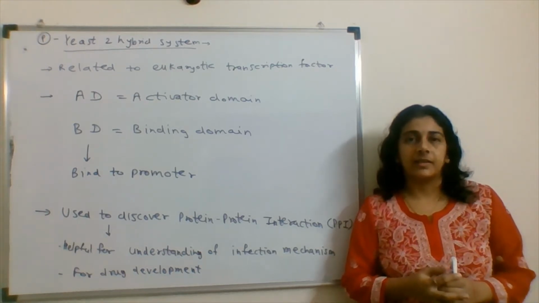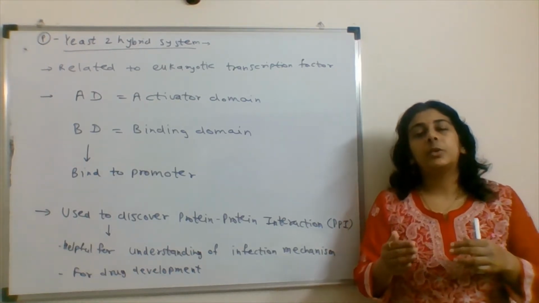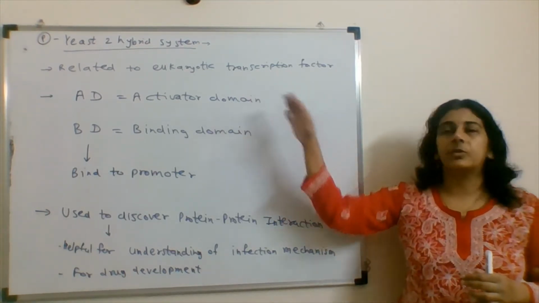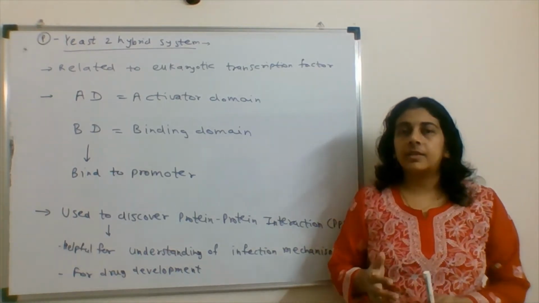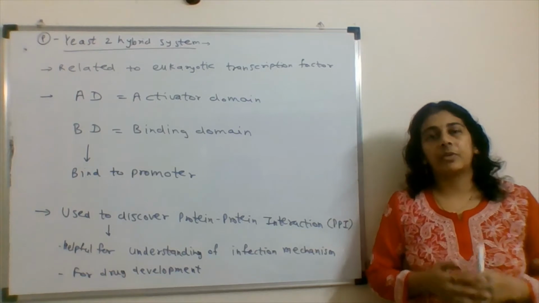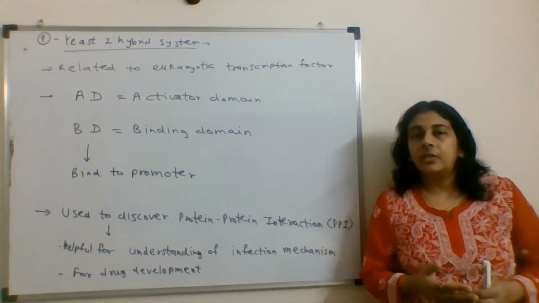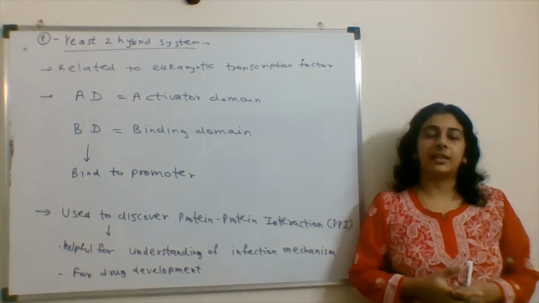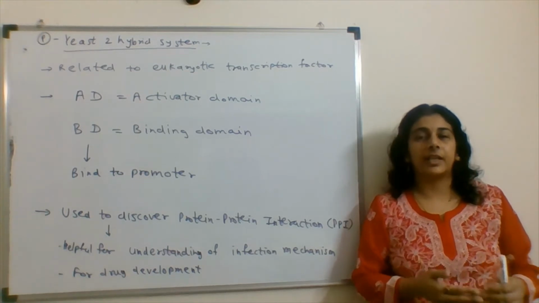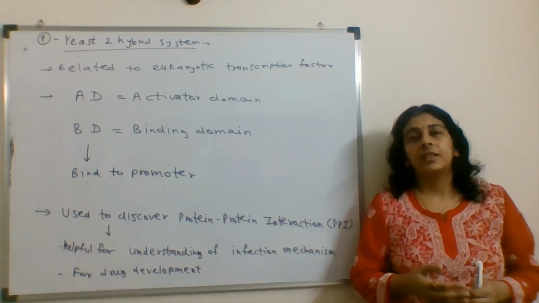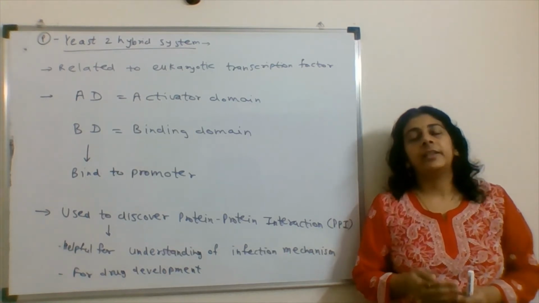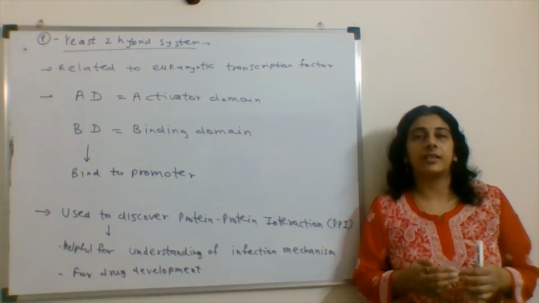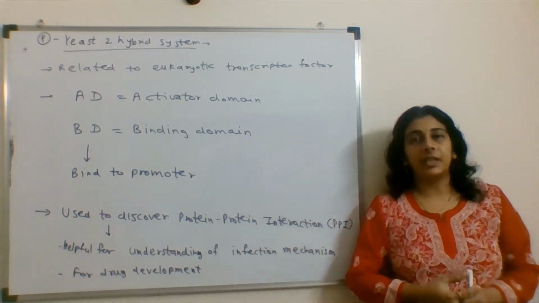This is the case. So this interaction between 2 domains of this transcription factor can be studied using this yeast 2 hybrid system. So this technique is used for the understanding of protein-protein interaction. Where do we apply this technique? When any drug discovery is to be done, this technique can be applied, to check whether the protein drug is interacting with the required protein or not. Again, to understand the infectious cycle in a particular infection, this technique can be used.